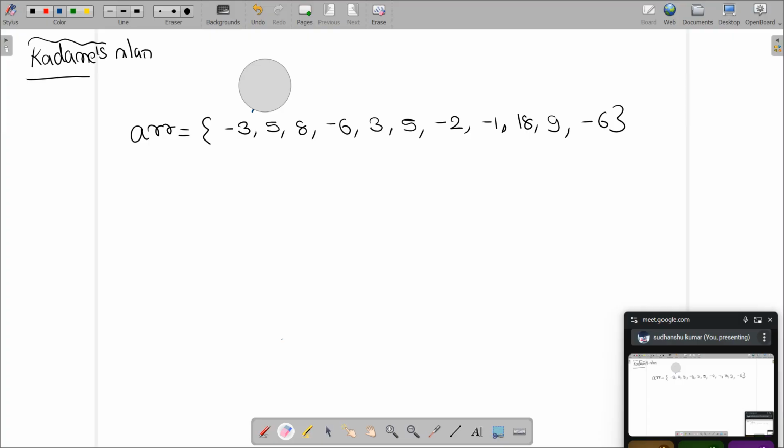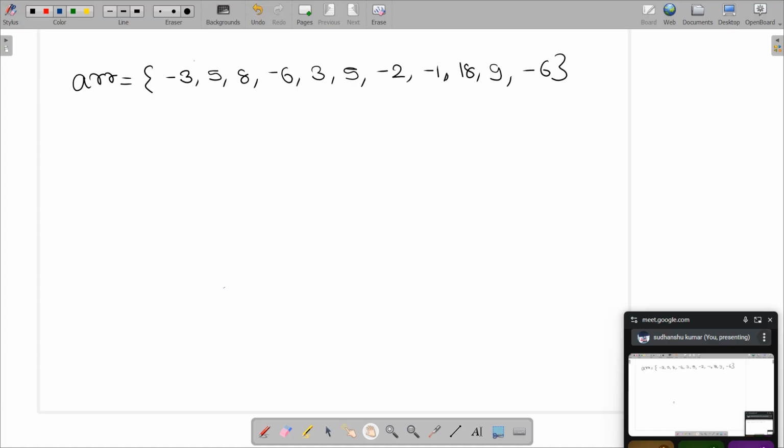Remember one thing: whenever something goes like this, sum, maximum, minimum, median, mode, or anything that is consecutive or depends on consecutive elements, there are multiple applications of Kadane's algorithm. This is one such problem that we are going to discuss today, and it's very simple. To understand this problem, for now let's just assume that it is guaranteed that there are no negative elements. Actually, this guarantee is not there with the problem. The problem goes like, you are given an array, tell me the maximum subarray sum.